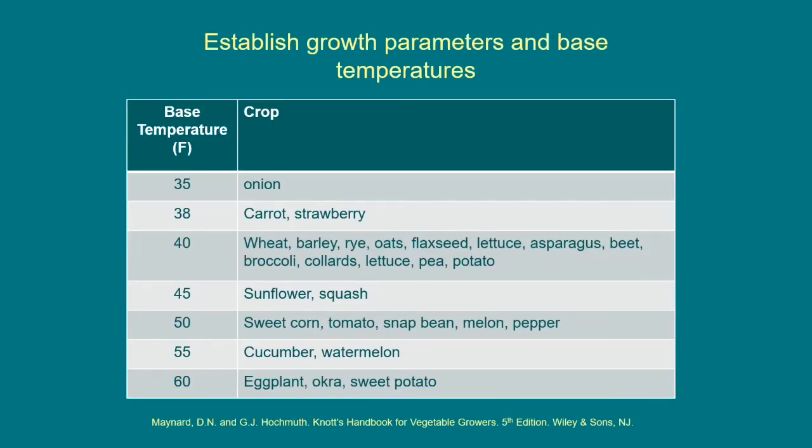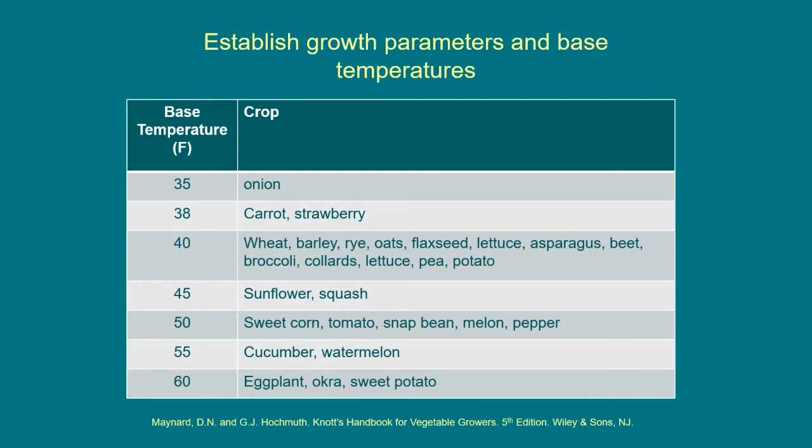Every crop has a temperature range within which it grows and matures. Below a certain temperature, growth is negligible, and most crop growth slows down above a temperature of 86 degrees. Assuming soil moisture is not limiting, the crop will continue to grow and add biomass above this minimum base temperature. Within their range, the warmer it is, the faster the plant will grow and develop. For broccoli, barley, and potatoes, growth will occur when the air temperatures rise above 40 degrees Fahrenheit. Onions are more tolerant of cold, and they'll continue to grow and add biomass at a base temperature of only 35 degrees. In the hotter regions, an upper limit of 86 degrees Fahrenheit is often used because growth slows at